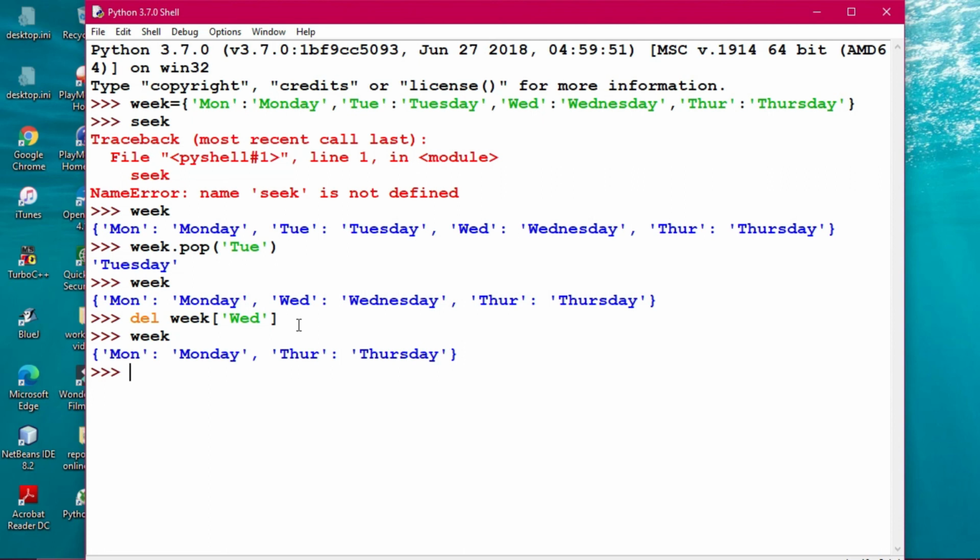So you must understand also, the question may come. What is the difference between pop and del? What does the pop do? If a particular key is not there, then it will result in a key error. You remember, if you are giving such a key, it will be displayed as key error. And the main difference: pop has to be given in the first bracket, that is parenthesis, and here the key has to be given in the third bracket, that means square bracket, and pop will display the value that has been deleted, whereas del will not do so. That is the difference.